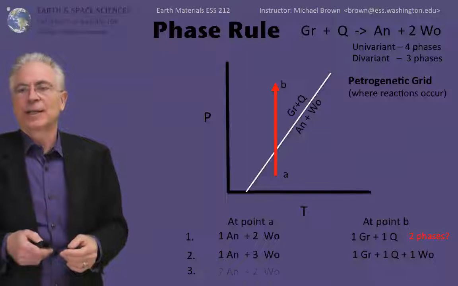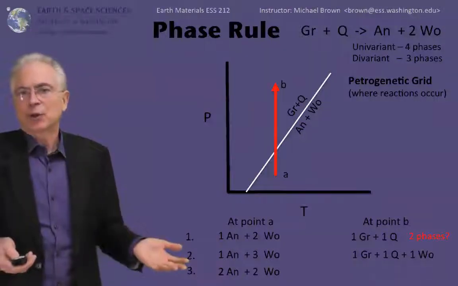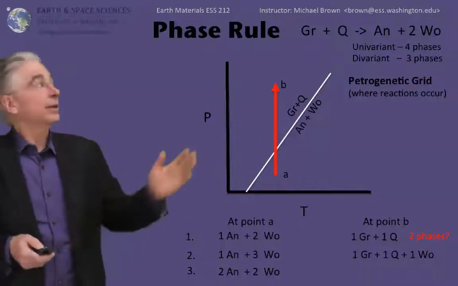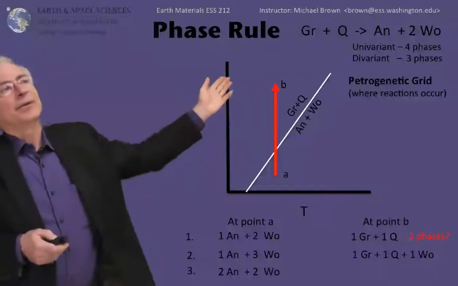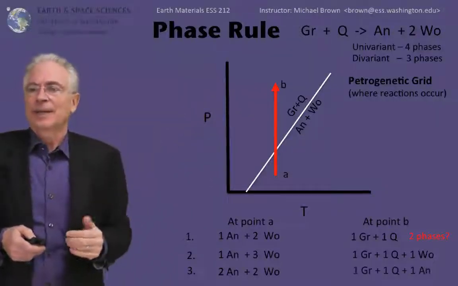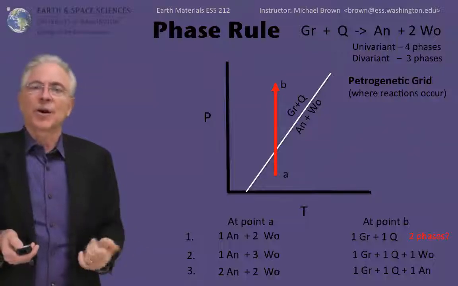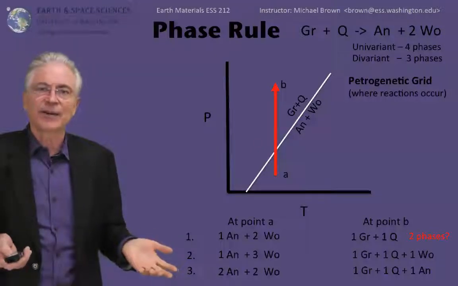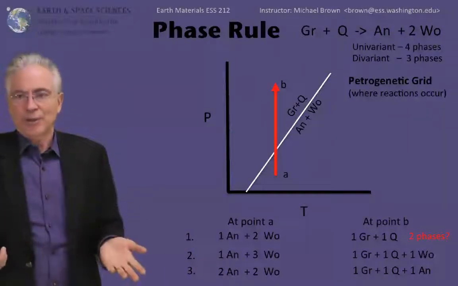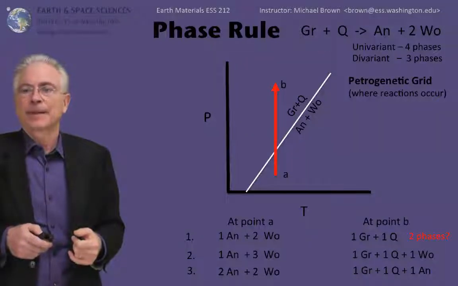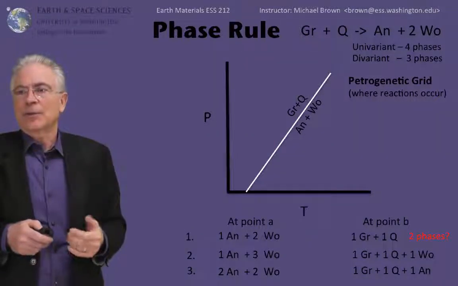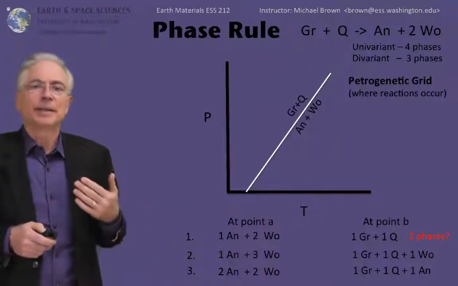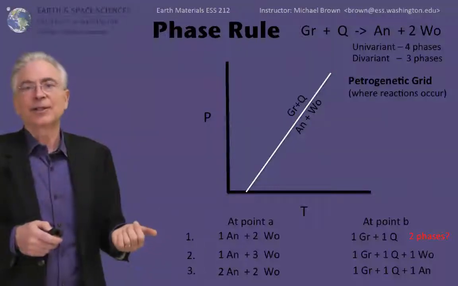Let's take another composition. Instead of 1 mole of anorthite, let's put in 2 moles of anorthite plus 2 moles of wollastonite. React this through the given chemical reaction at the top, and you see that we end up with 1 mole of grossular, 1 mole of quartz, and 1 mole left over of anorthite. We had an excess of anorthite that couldn't react with anything, so it still exists. So it's still 3 phases present at point B, but it's a different collection of 3